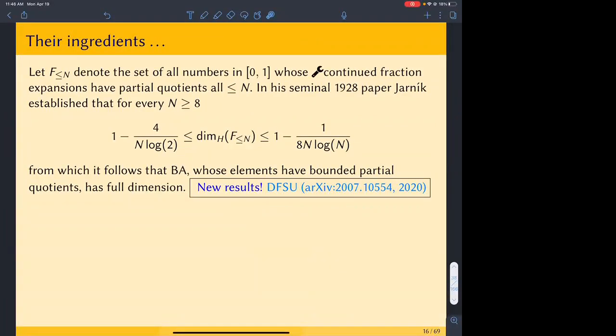I just want to mention a bit about the ingredients that go into such things. Using continued fractions, Jarnik could bound the Hausdorff dimension of the set of real numbers whose continued fraction partial quotients, the digits of the continued fraction, were bounded above by, say, n. And the badly approximable numbers are the union of such sets. And so, after you can prove such bounds, in the limit